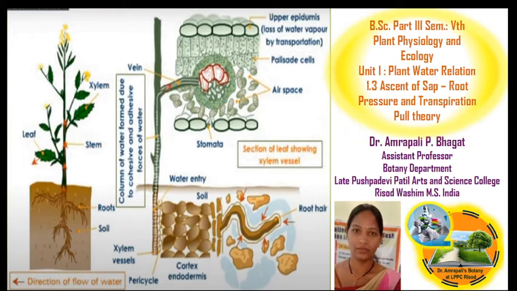This complete pathway is opposite to the gravitational force. When water is transferred against gravitational force, there is the development of transpiration pull, as well as the creation of root pressure. In this way there are two supporting theories, the root pressure theory and the transpiration pull theory, which support the ascent of sap. So today we will learn how the ascent of sap actually works.